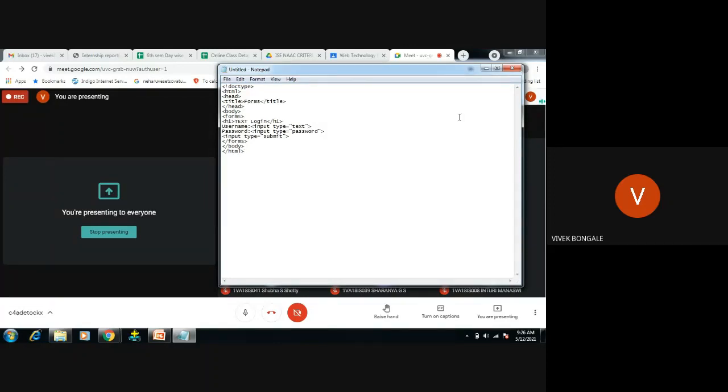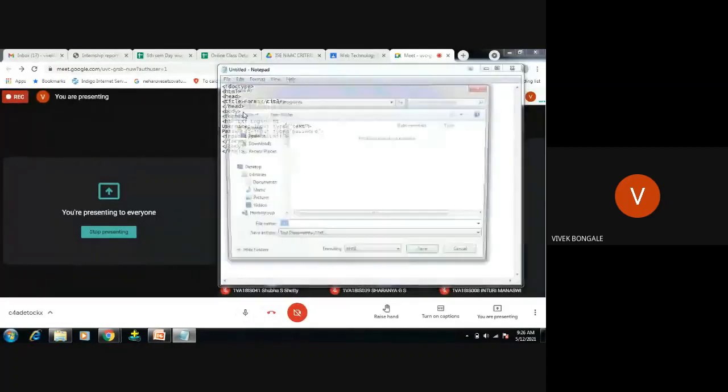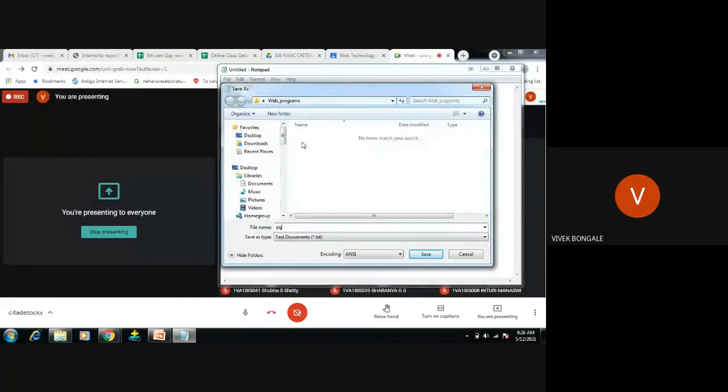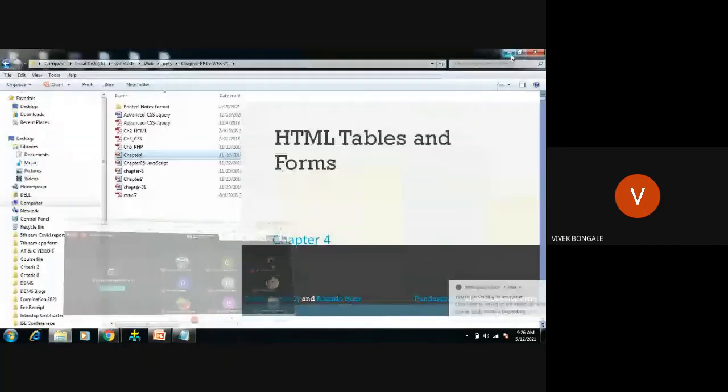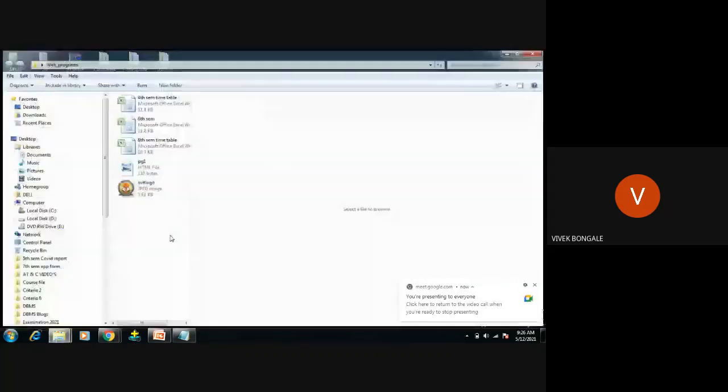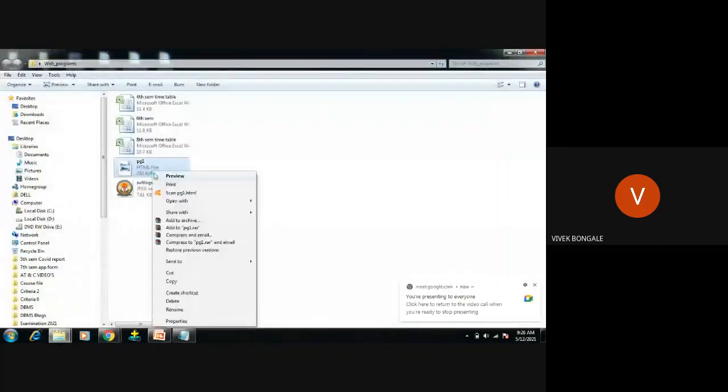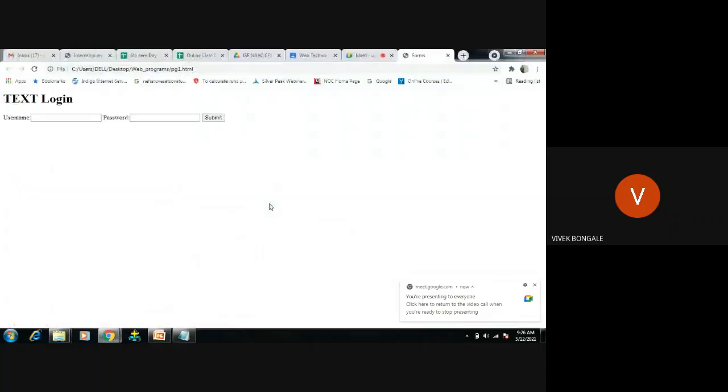What will this program do? It will create two boxes. In those boxes, you're going to add some text and submit it. Let me see. Save as program1.html. Save. Okay, move to that folder, open that program with the browser. See, we got it like this, right?